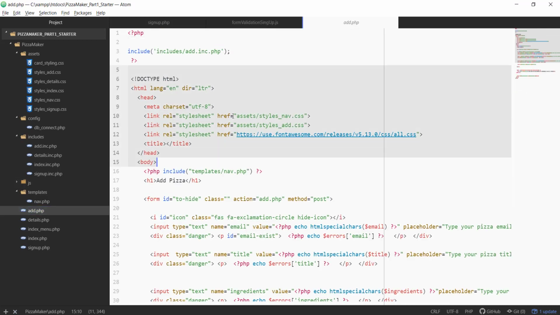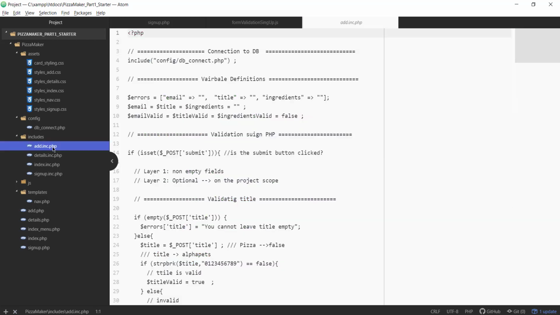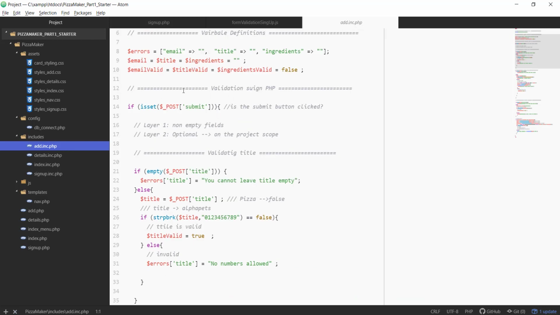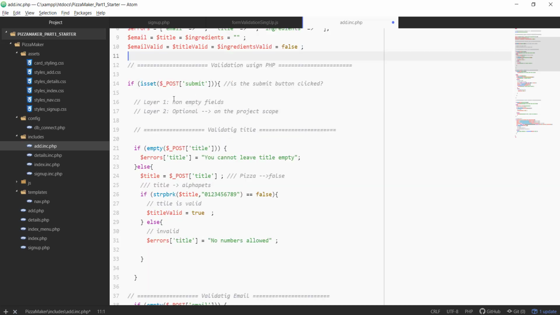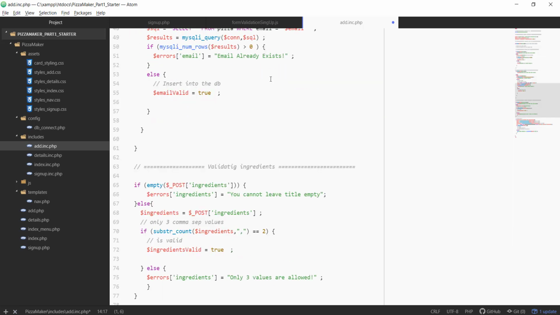add.php. If I went to the add.php, we have transferred the code into a partial PHP file that is called add include PHP. So I'm just going to go there. So validation using PHP. Anyways, so validation using PHP was always related to submitting something, was related to a post request or a get request. A post request means that essentially you have a form,